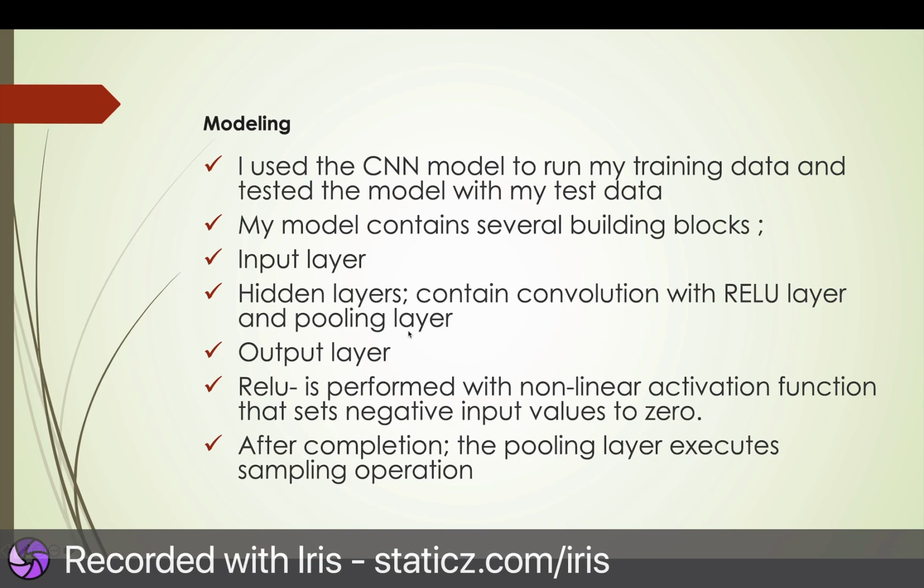So I built my model on a CNN. This is a convolutional neural network. A convolutional neural network has three layers: there is the input layer, there is the hidden layer, and there is the output layer. So I built this on